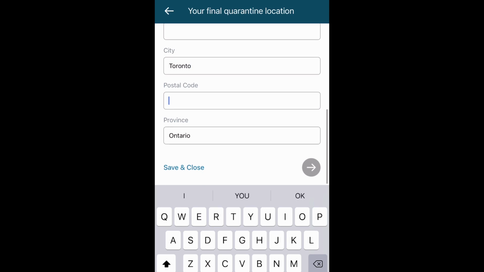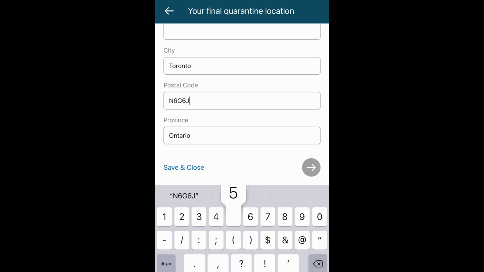I know this address does not exist. Okay, so what has happened is that because this address has not been found, the next option is not coming. So I'm going to put a valid address. For that, again I'm going to freeze my screen.